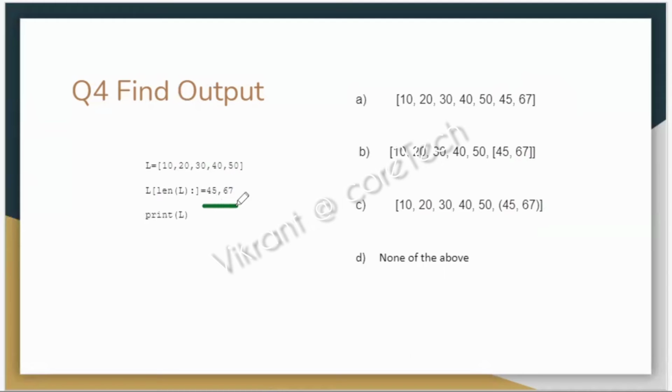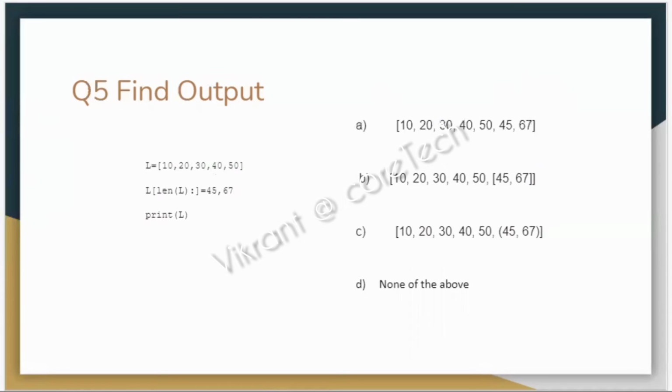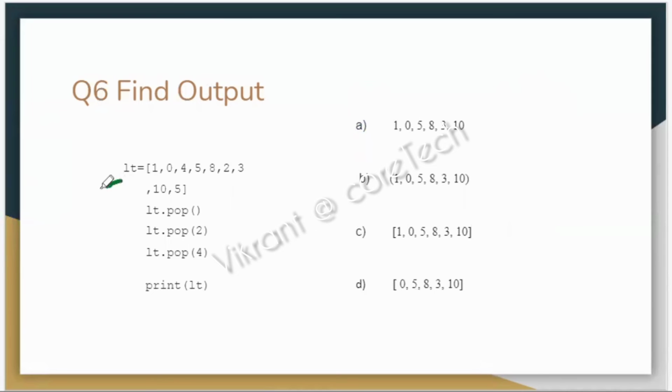If we see it gently, then we have A as the answer, because at no place am I using the append method where the two elements are being added at one time. Let's see the next question now. The next question says 45 and 67 are to be added. So once again, we have 45 and 67 being added at two places. Here goes option A. Let's see the list.